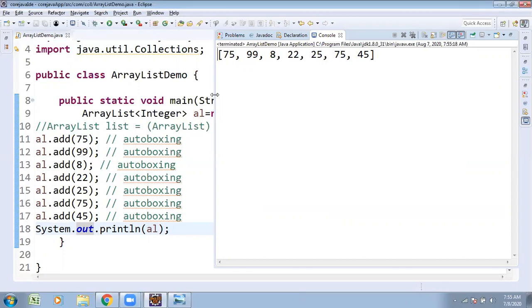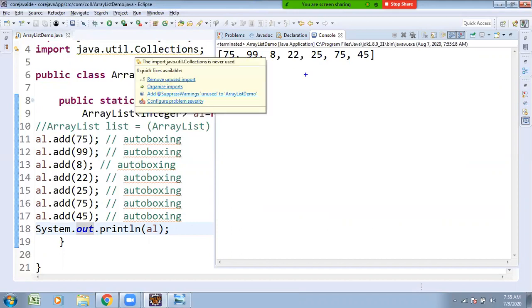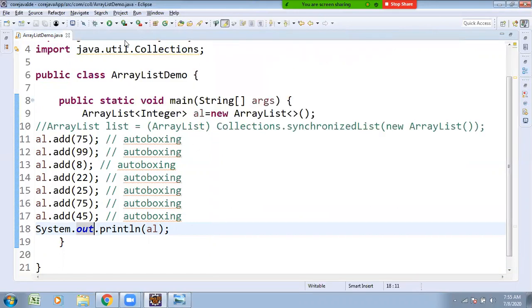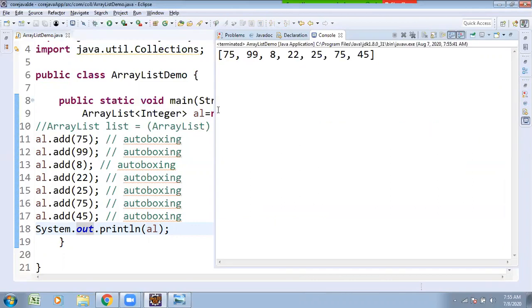Suppose you are working with an array. This is also internally stored with an array structure only. If you wanted to do any functionalities over the array, what do you have to do? You have to write your own logic. But sir, I wanted to use built-in methods, as we said while discussing arrays and collections. Arrays: programmer-written code. Collections: built-in methods.